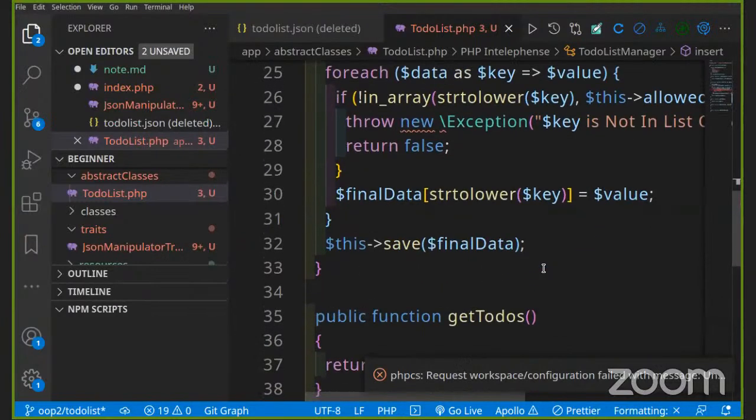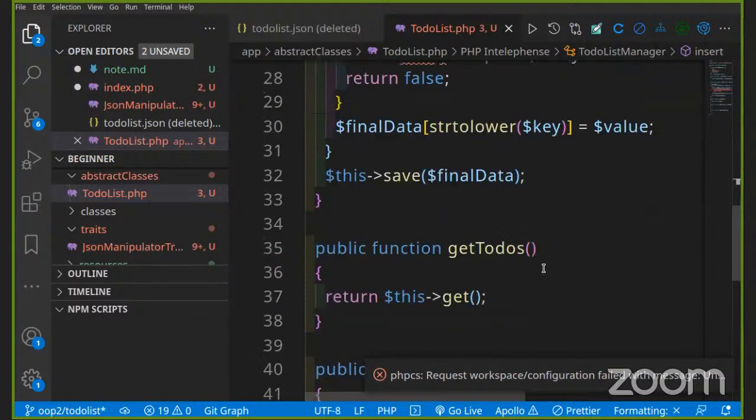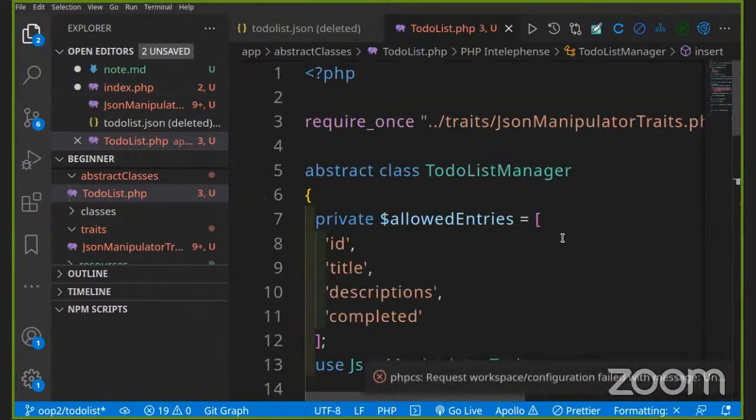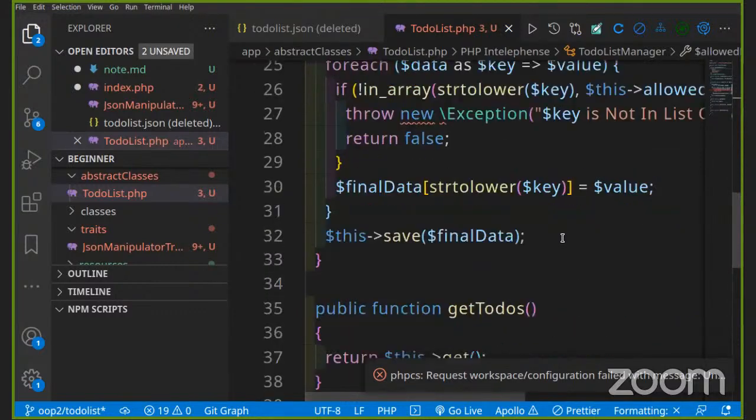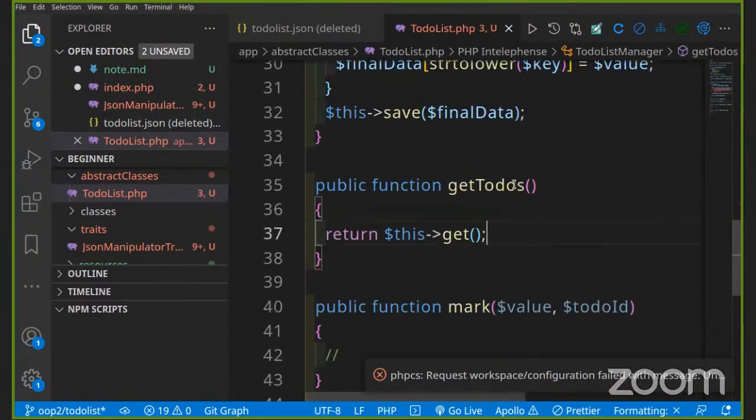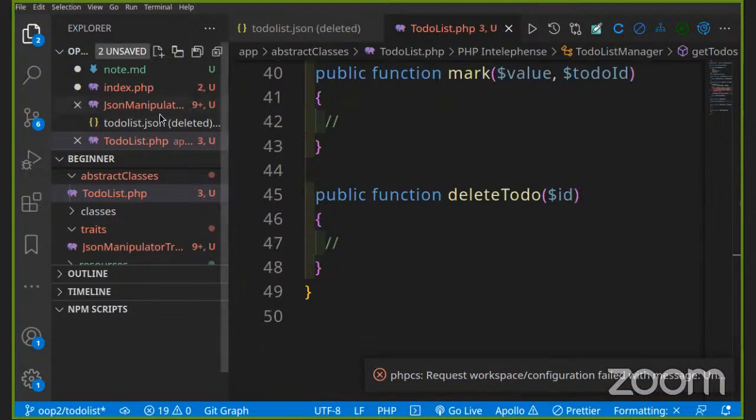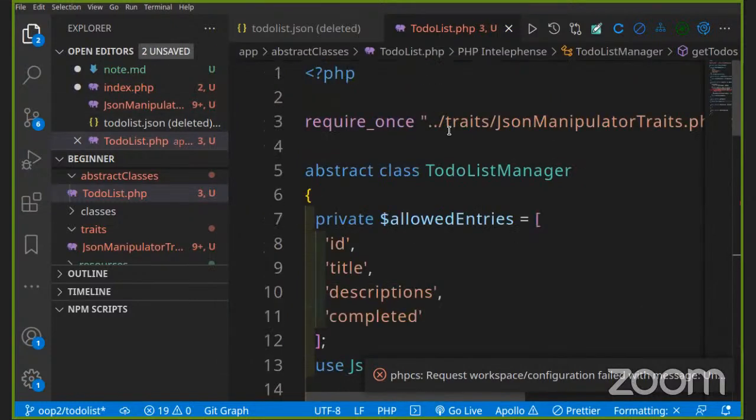Okay. And the next thing to do is actually accepting to-dos, inserting to-dos, get to-dos. This is being implemented. What is the next thing we need to do? This is an abstract class. And of course, in the main class, so we should have